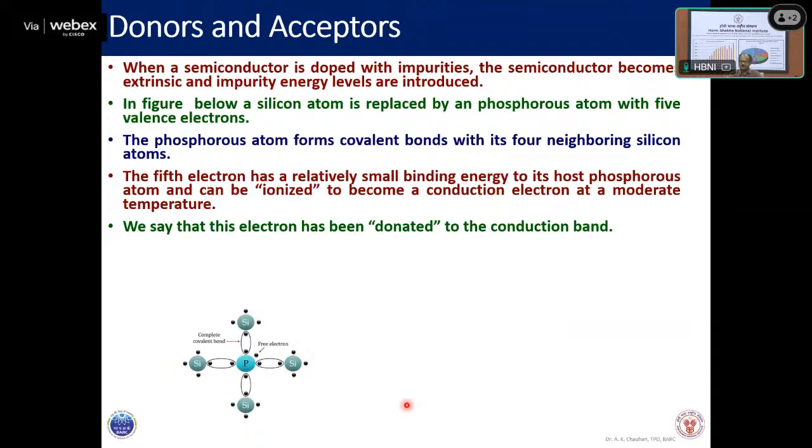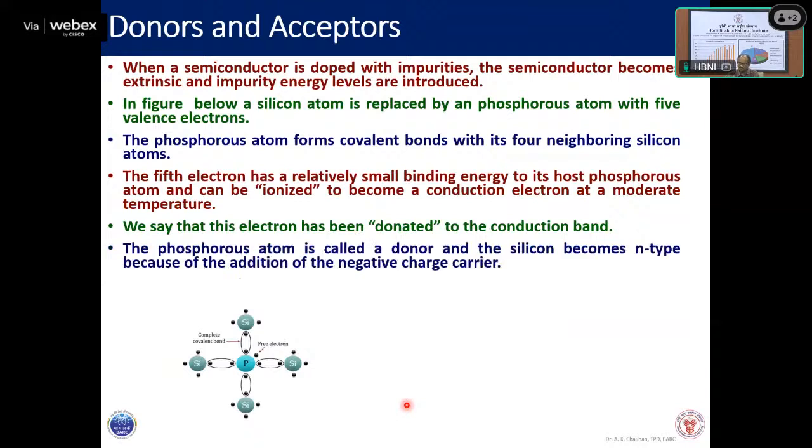Donation means that electron, which was a part of phosphorus, because the phosphorus was doped, a level was created, but that level was still below the conduction band. However, it can be donated to the conduction band. That is why it comes as the donor. So the phosphorus atom is called the donor, and the silicon becomes N type because of the addition of these